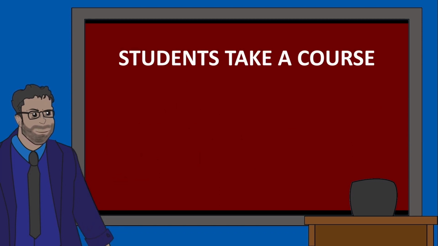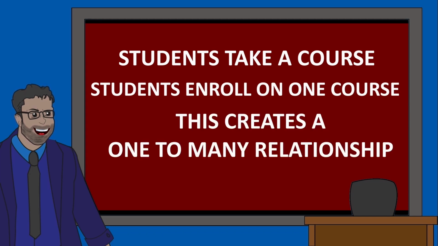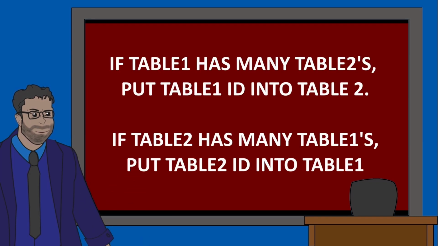Back to 2NF of our database, let's look at students taking a course. Students can only enroll on one course at a time, and of course, can have many students. Now, we either put student ID into the course table or course ID into the student table. To decide this, we need to consider the following. If table 1 has many table 2s, then the table 1 ID goes into table 2. If it's the other way around, then the table 2 ID goes into table 1. And as a course has many students, we put course ID into the students table, making our tables look like